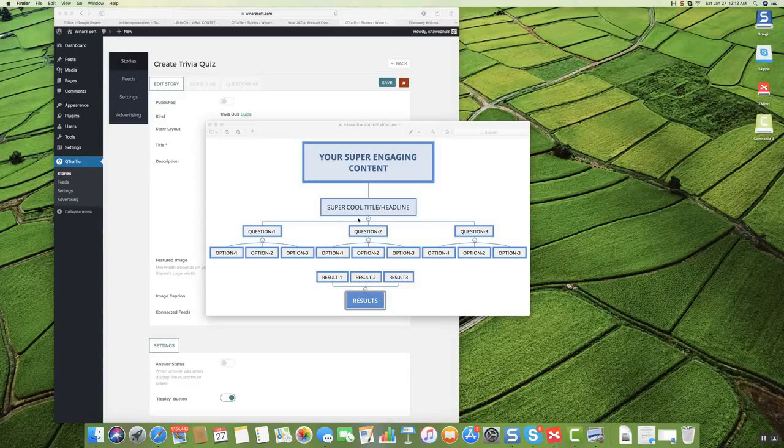So there is a headline, topic, title. There are questions, answers, and results. Again, questions, answers, and results. Basically 3 types of stuff. And they can contain either text and image and description, or any one of them, depending on the type of question. So let's go and have a look at this kind of content from